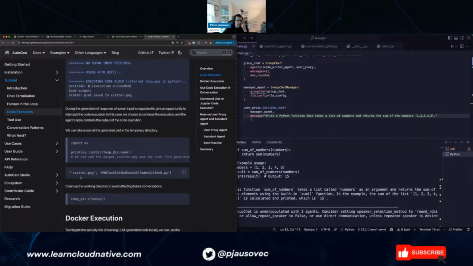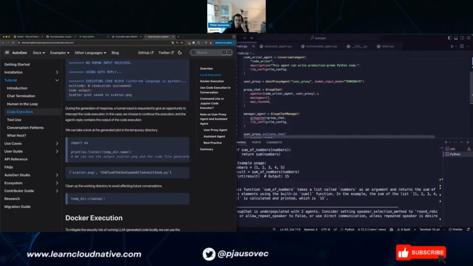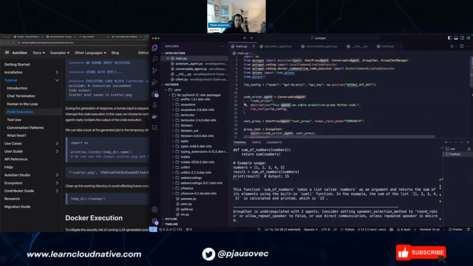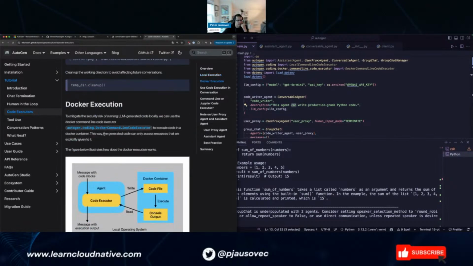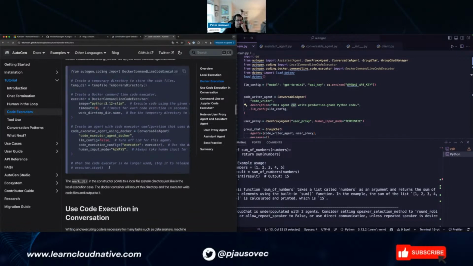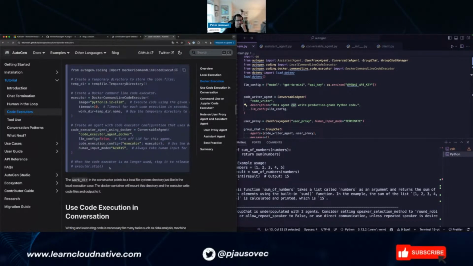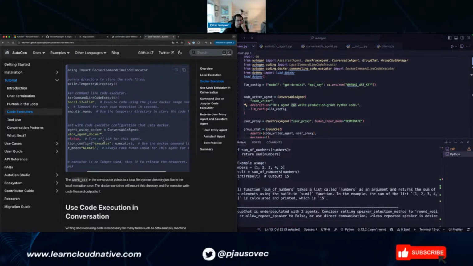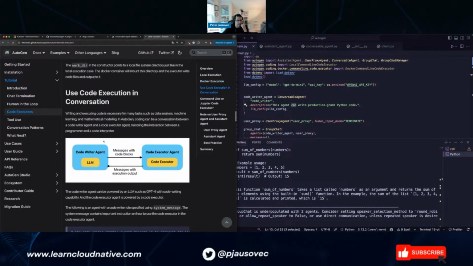Okay, so the code executors know how to execute the code block that is given to them. Hmm. And then Docker execution, same thing. Oh, you can specify your own image as well if you want to. Code execution in conversation.